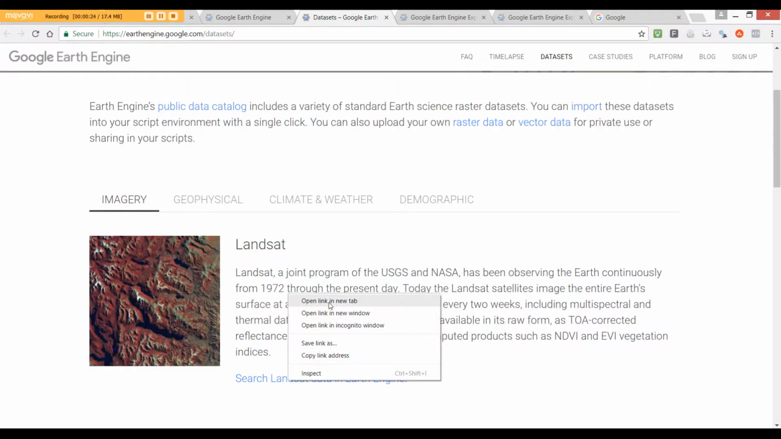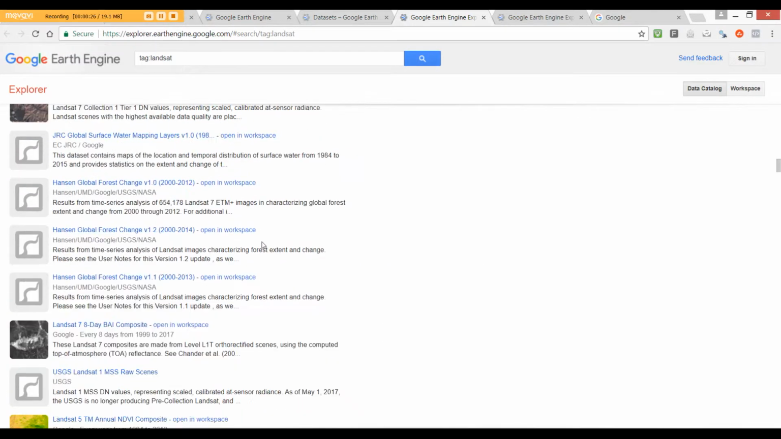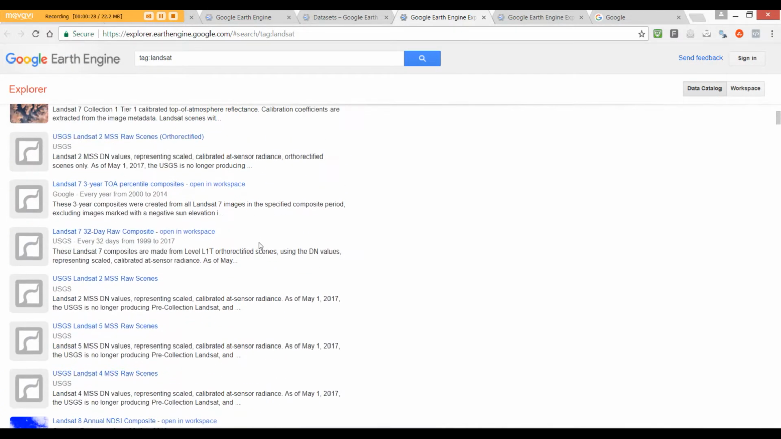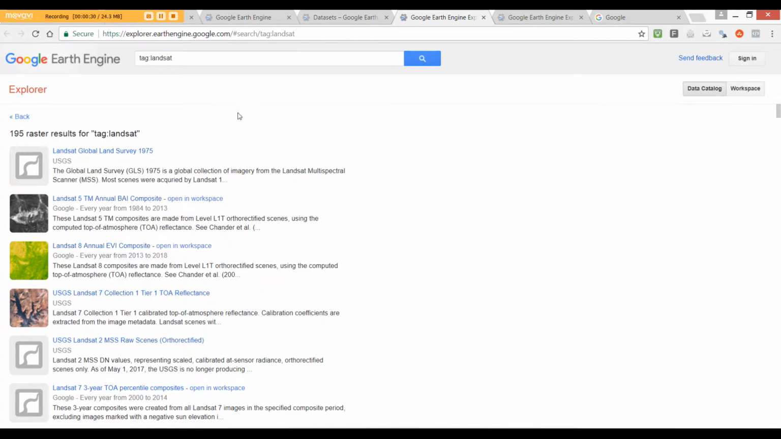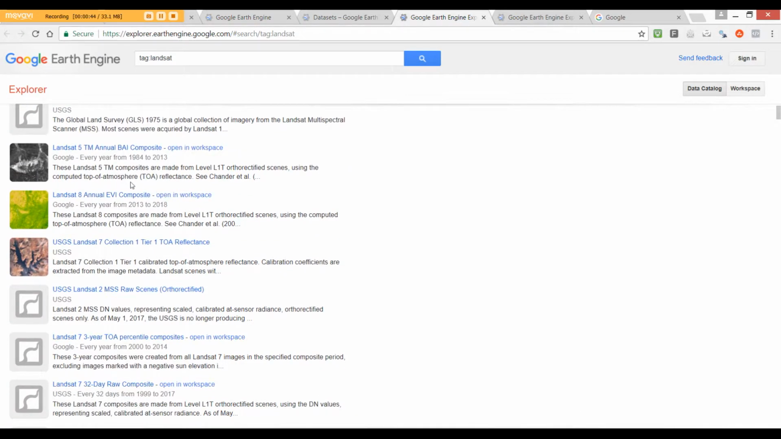So you can open this in a new tab the way I did, and it will show us all the different Landsat data that are available on Google Earth Engine. And this is the data catalog. So right now we are in the data catalog, and we have the different kinds of data. The Global Land Survey from 1975. We have Landsat 8 annual EVI composite, and as you can see, these are data from 2013 to 2018, and